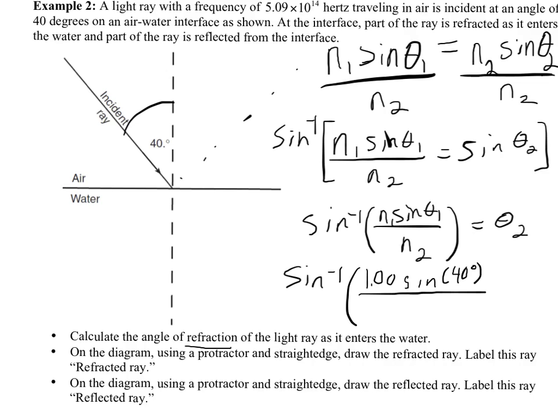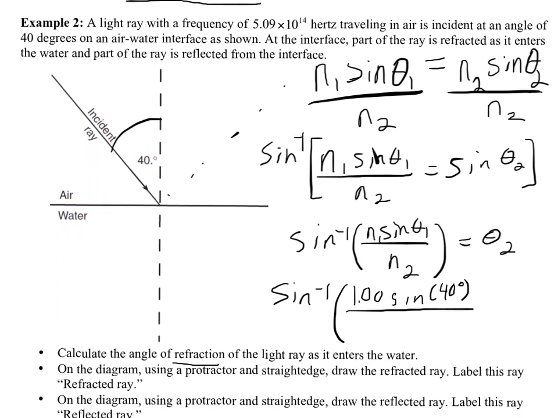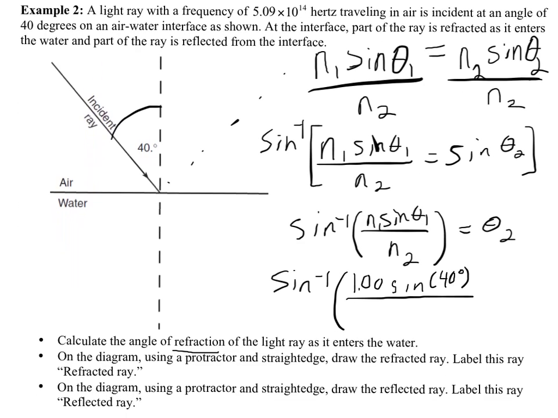Now I just carry that around in my head as 1.33 because it comes up so much, but our chart says 1.33 right there, divided by 1.33. And if I do out that math, I got that theta 2 is about 29